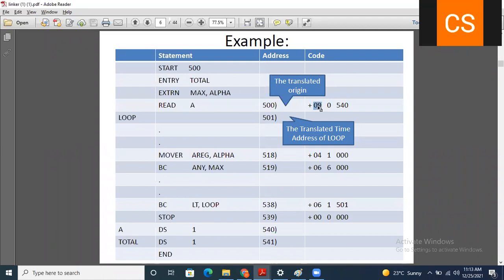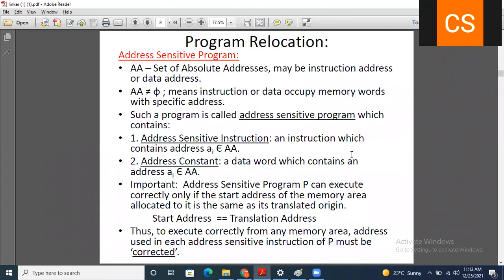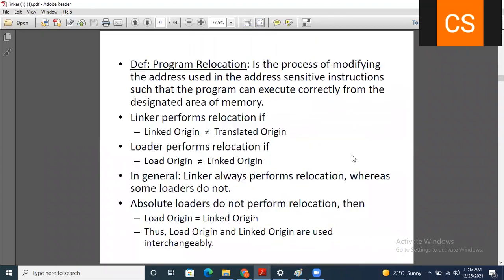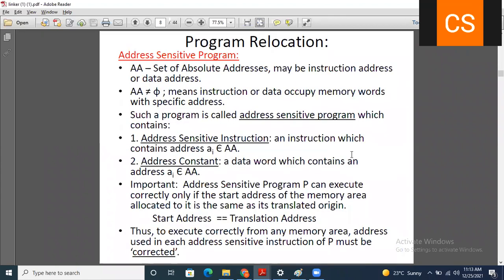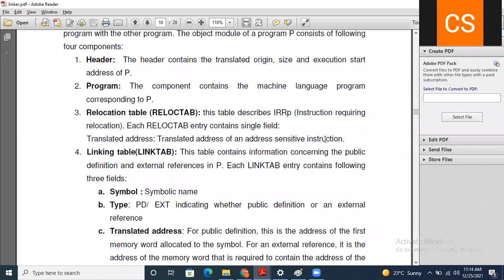This address is converted into binary, and all this binary information is saved at location 500. This binary program is output as the program, the second component of the object module, and it contains this machine language program.